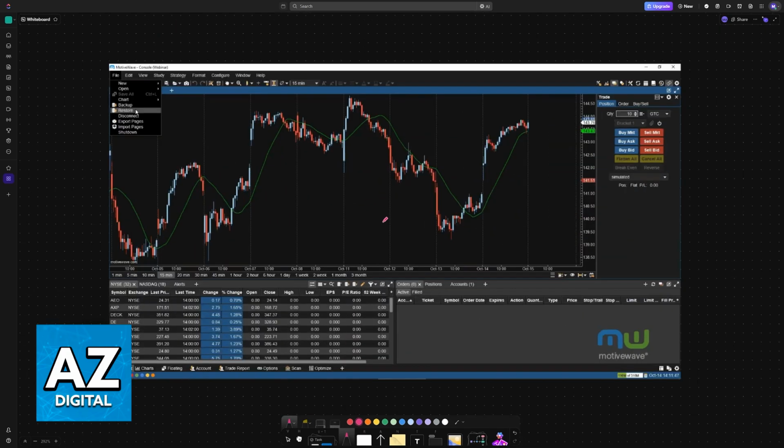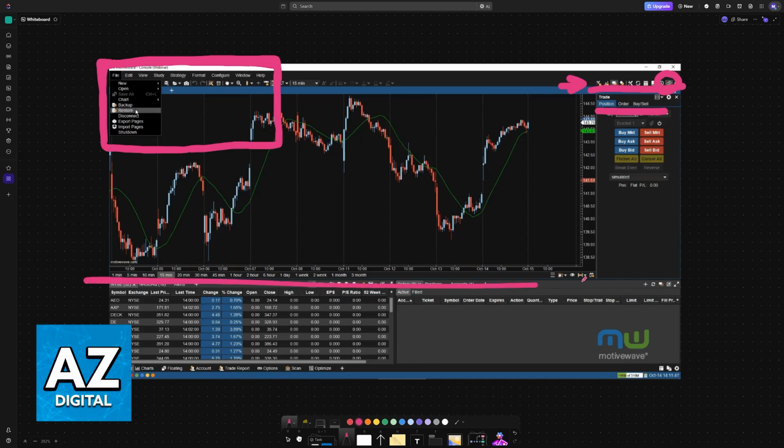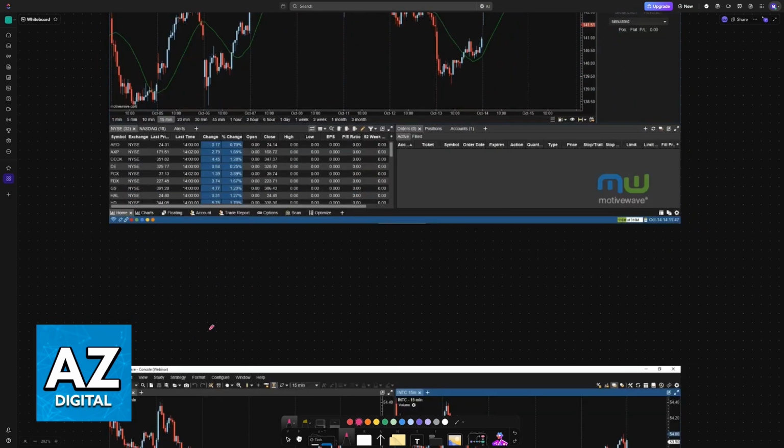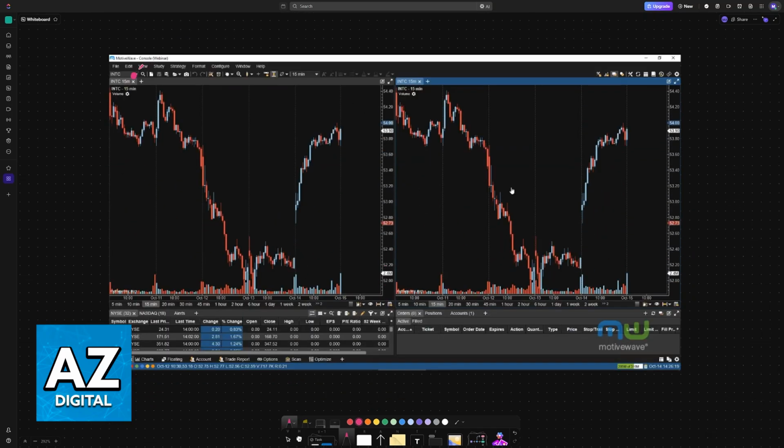This is how the window is going to look like in general. So you will have the top options here. You will have the graph taking up most of your screen. You have some trading options at the right side of the screen, including this option here to set up an order. You have all of these icons, and at the bottom you will have more information about specific stocks, exchanges, and so on. You can set up multiple views like these. You can have as many as you want on screen at once.